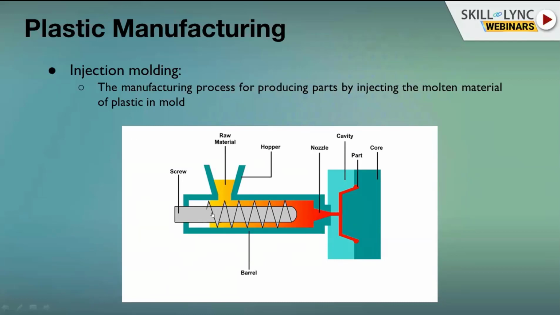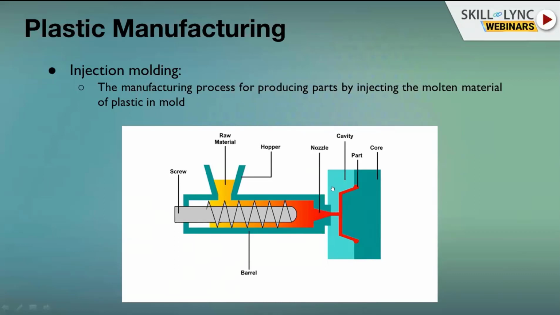Here there is a screw, so here the molten material is going to accommodate, so the screw is going to plunge the material over here due to the pressure. Here there is a nozzle. From the pressure, the plastic molten material is going to fill into the core and cavity, and our required part is going to get. After the injection, here the nozzle will get disconnected.